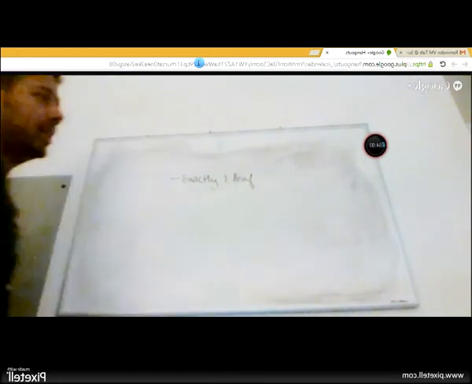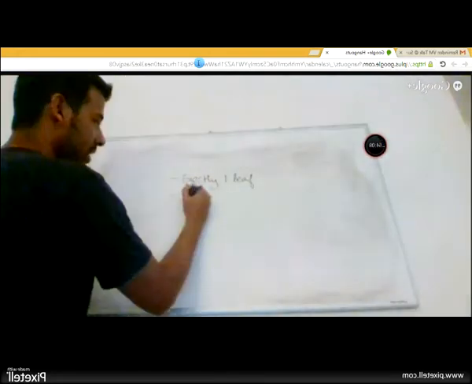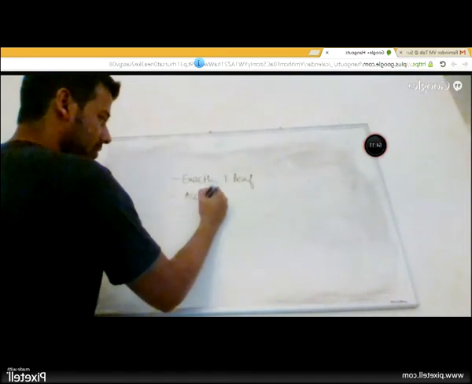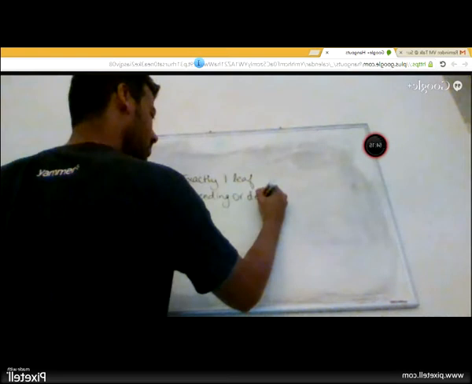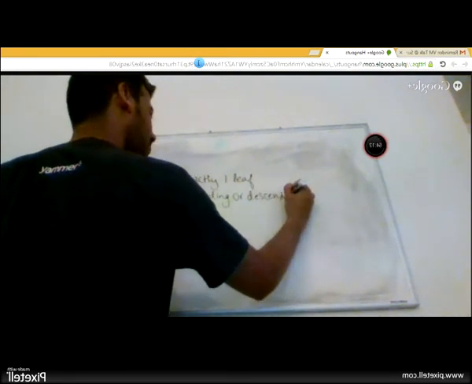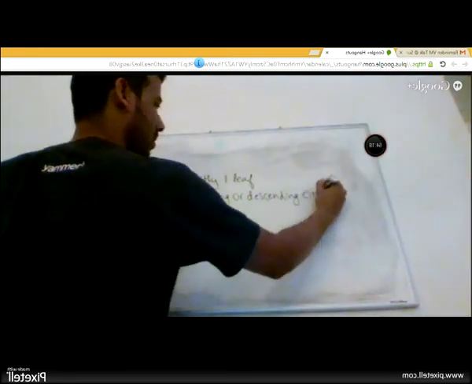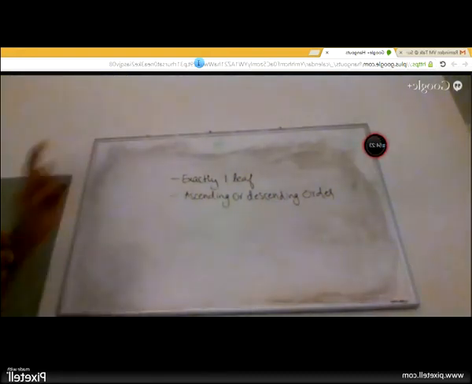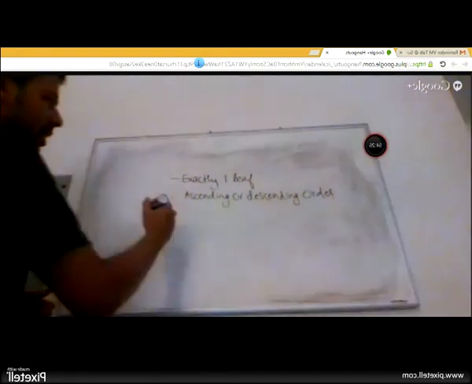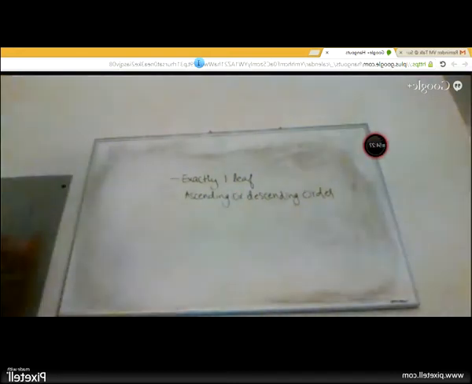Only if elements are inserted in an ascending or descending order. It's possible to have a binary search tree with exactly one leaf only if elements are fed to you in an ascending or descending order. True or false? It's true. It'll be a skewed tree.